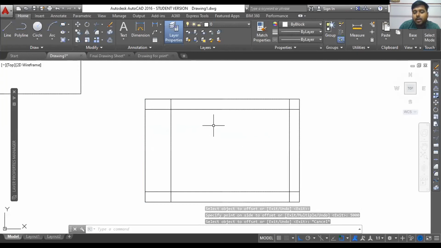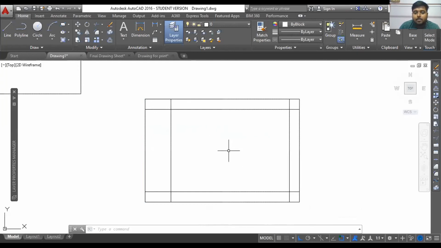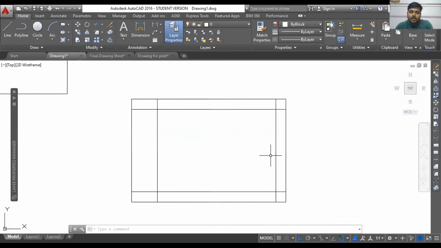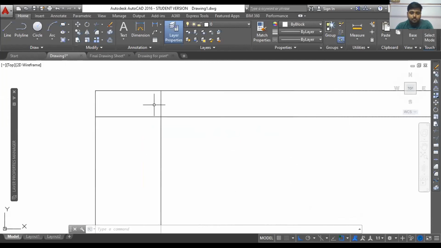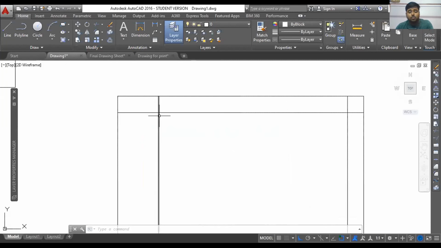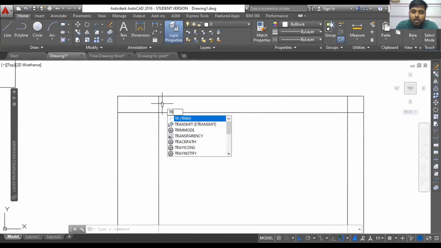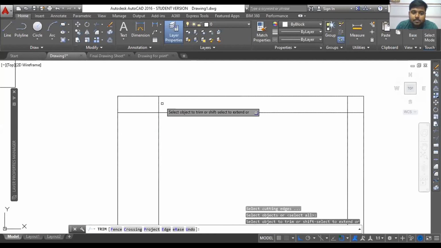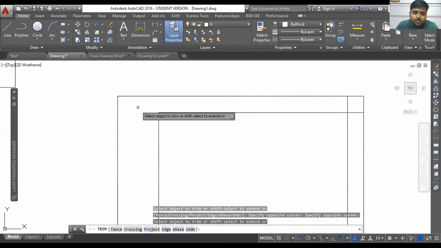This is the area where I'm going to draft my plan, considering all the offsets, and these offset values you'll get from the bylaws itself, so don't need to worry about that. Inside this area I can start drafting. Offset and trim are two very important commands because you'll be using them very often. Just TR, enter, space, and double enter actually, so you can easily trim this.